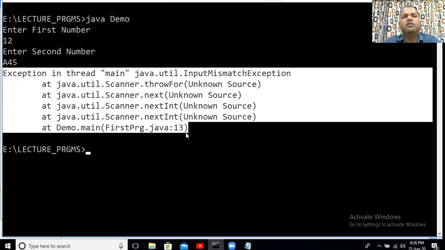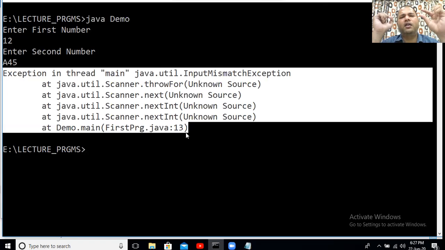Exception in thread main java.util.InputMismatchException. Now it's not an error, rather it's an exception. See now what is an exception here? Your Java program may show abnormal behavior, or you can say may show error at two times in your program: while your program was being compiled or while your program was being executed.